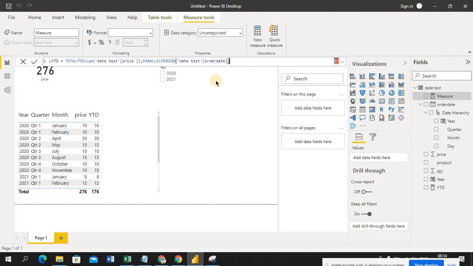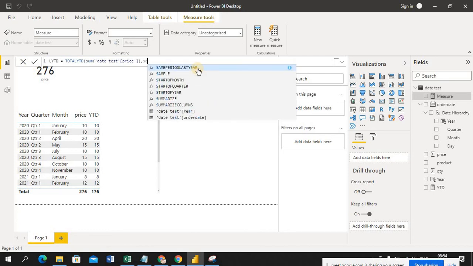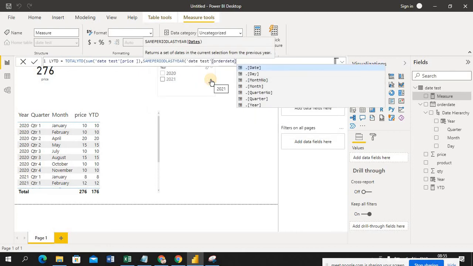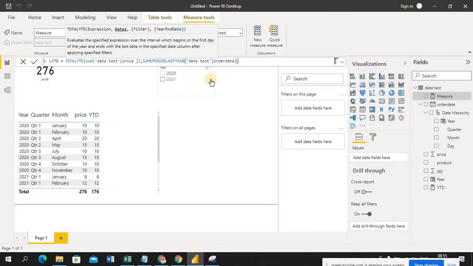Let me see what mistake it's showing here, parallel period. So total YTD, same period first. Same period last year. Now we get order date. So like this, DAX time intelligence provides you the necessary information.